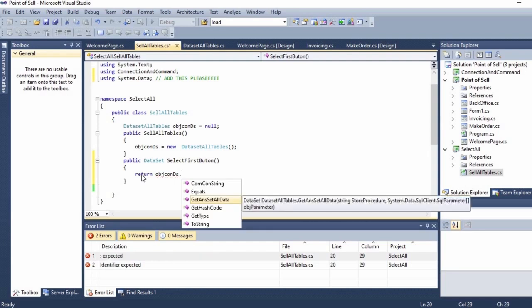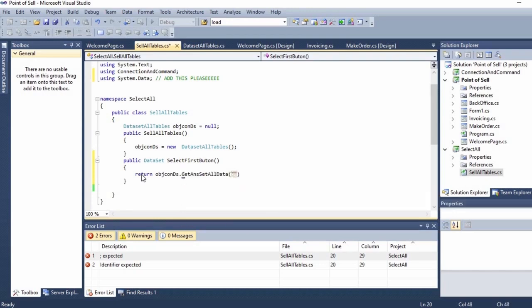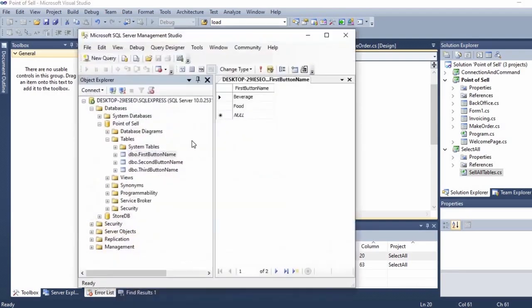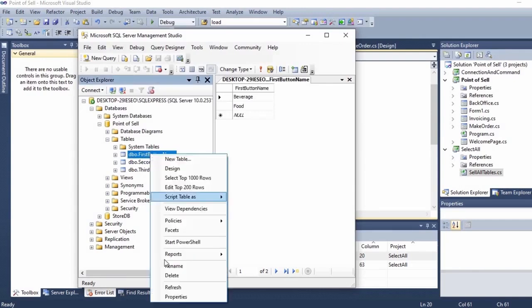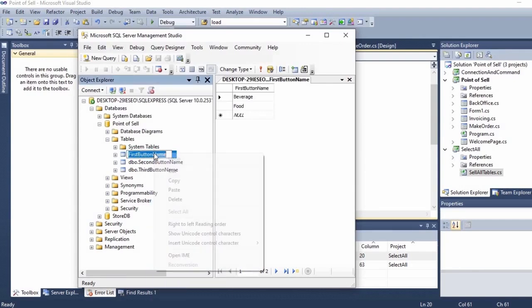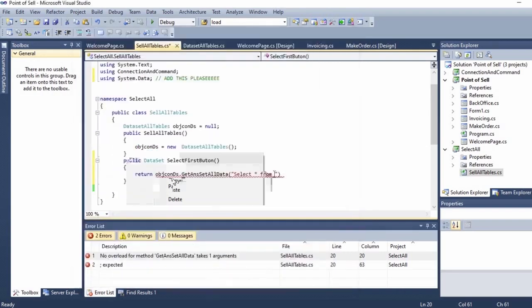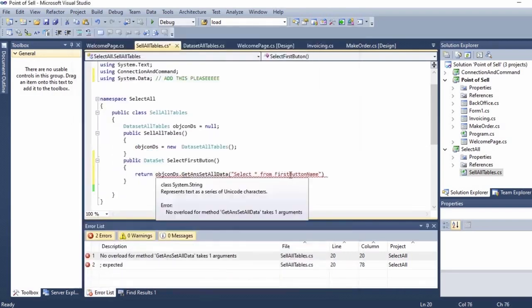I'm gonna write select all from name of the table. I don't remember it. I go here, first button, name, I copy so I can't make a mistake. Select all from first button, then